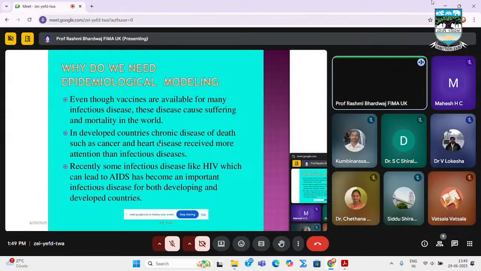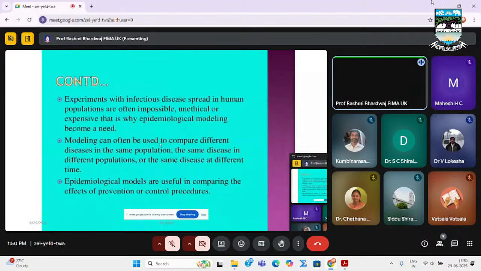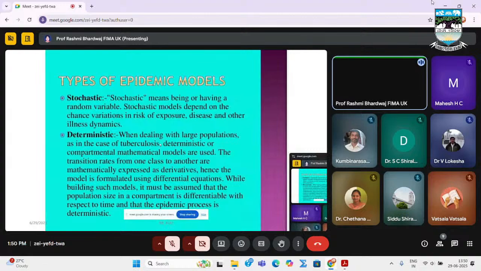Earlier we developed models for HIV, AIDS and similar diseases, but recently for COVID, tuberculosis, and now even for diabetes and kidney problems, we are modeling the structures. So when we are modeling the different types of structures, the basic types are stochastic processes or deterministic